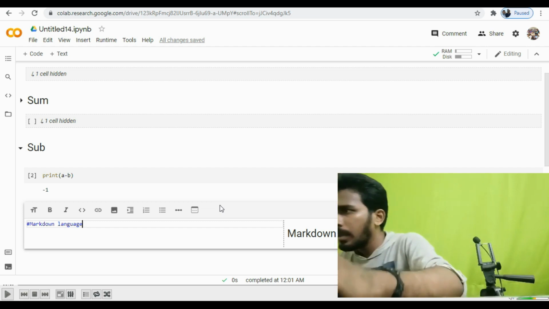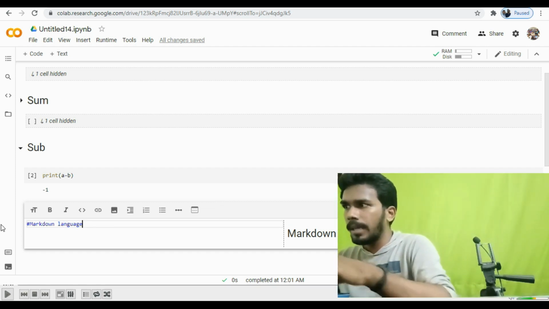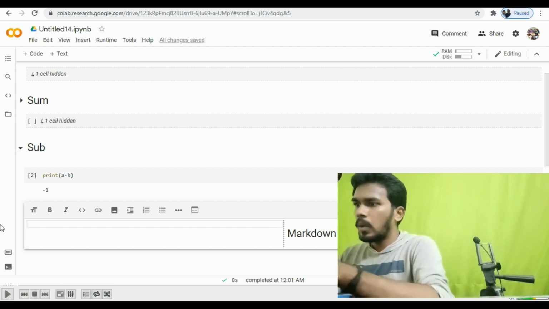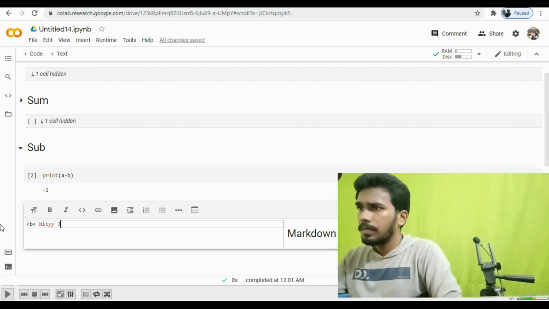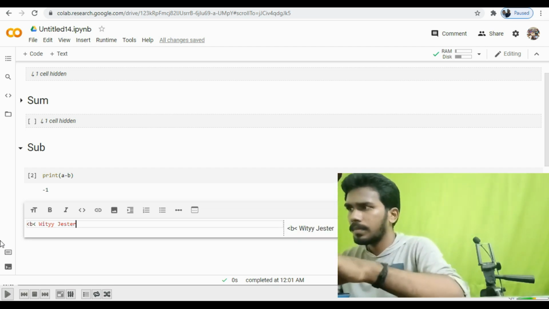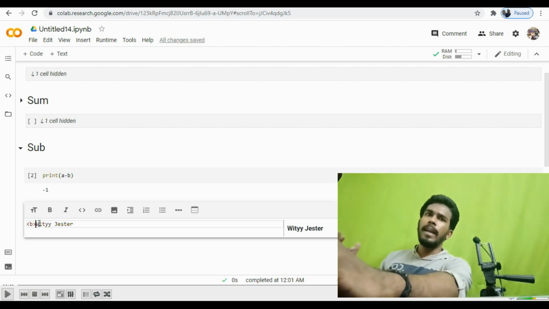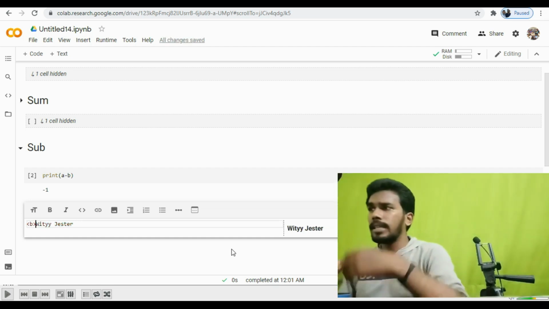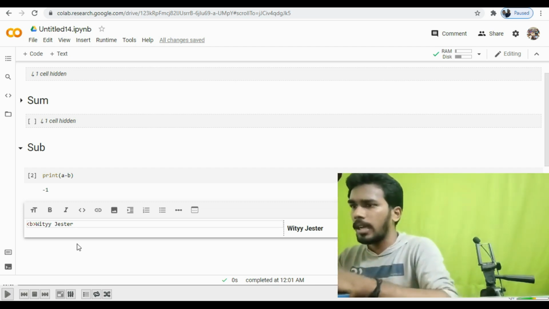Okay. So now I'm going to create some bold text. Say bold B. So I'm getting something bold, right? If you put double hashtag, it comes more bold. For example, I need to change the font size. You can do that. Again, one hashtag.